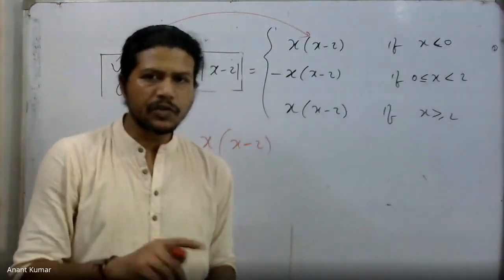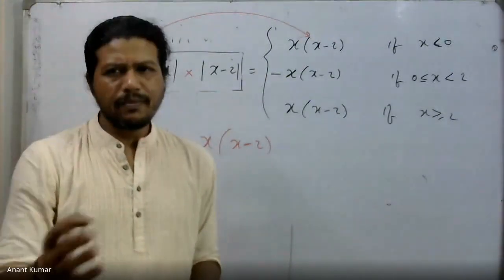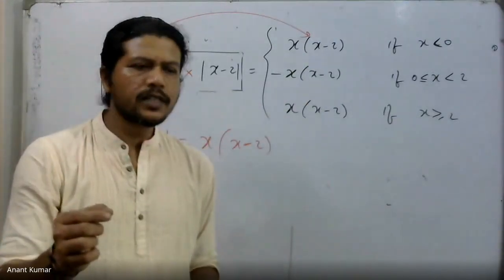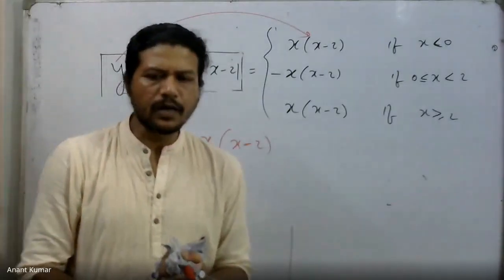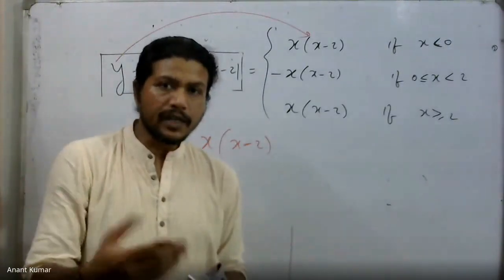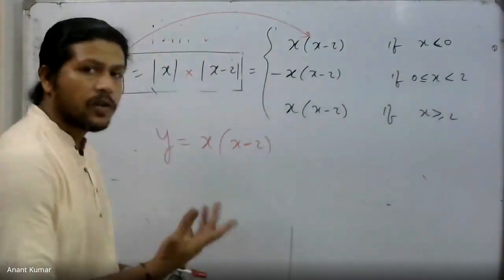But for the moment, I'll show you what the shape is. In general, if you want to draw the shape, the basic idea is to take up points, calculate a lot of points, and join them smoothly. That's what is to be done. But once I'm telling you that the shape in this case is going to be a parabola, well, let us see how it looks.